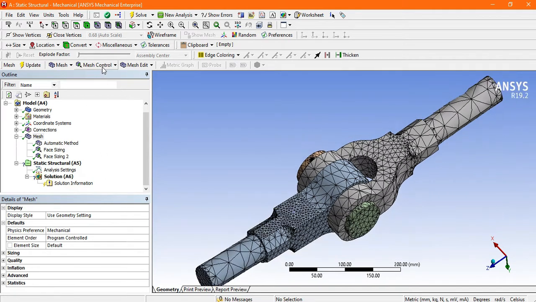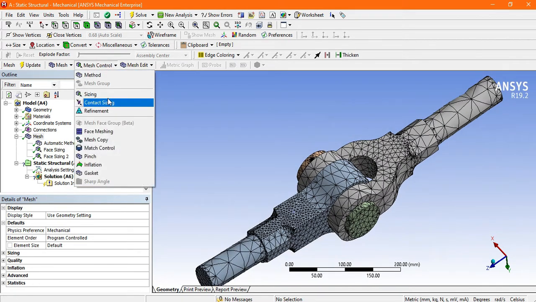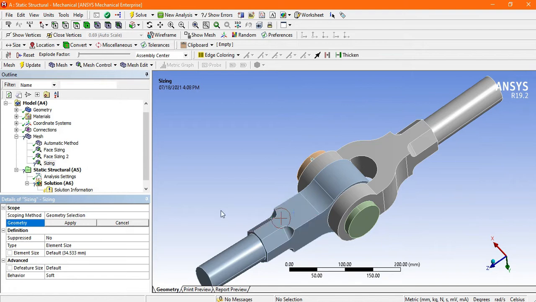Now next, again go to mesh control, go to sizing. Instead of face, I am selecting the edge here.